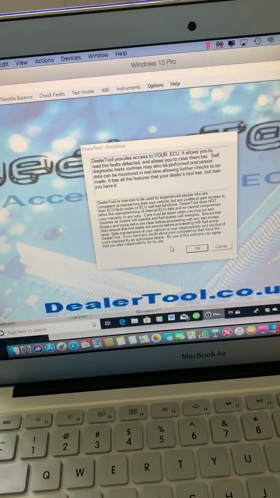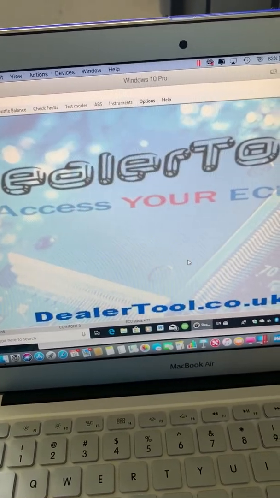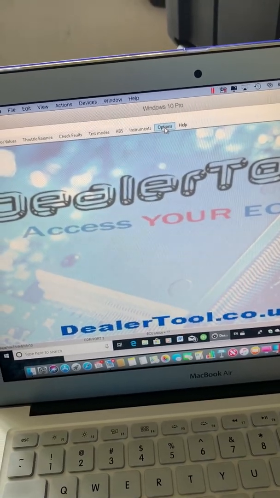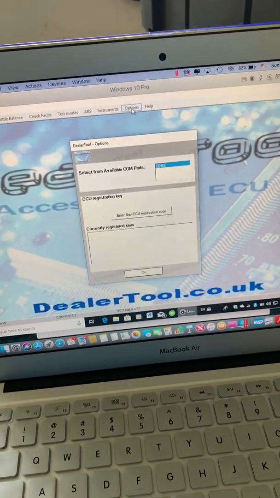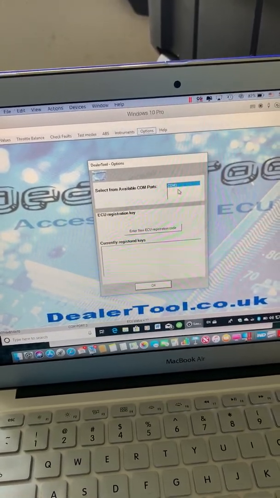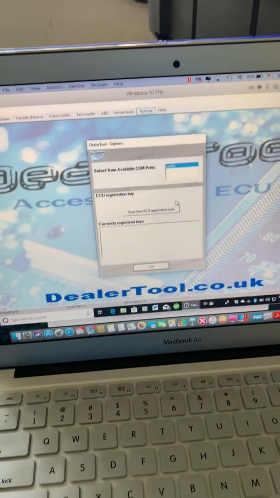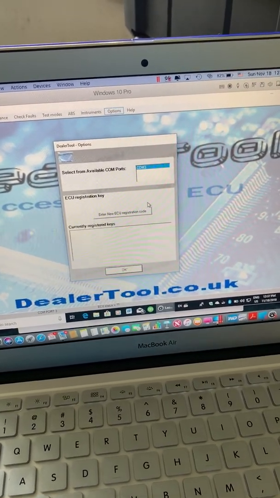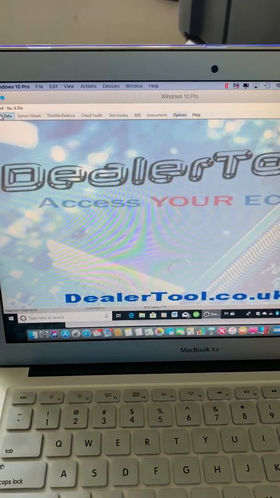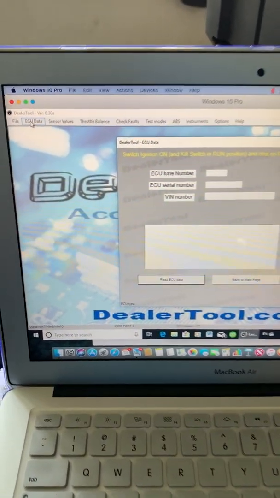There you go. You acknowledge this message. Please make sure that you read that, it's very important. And then click Options. You'll see the COM port of your choice, in this case it's number 3 for me, highlighted. Make sure that that's connected, and also come over here and click ECU